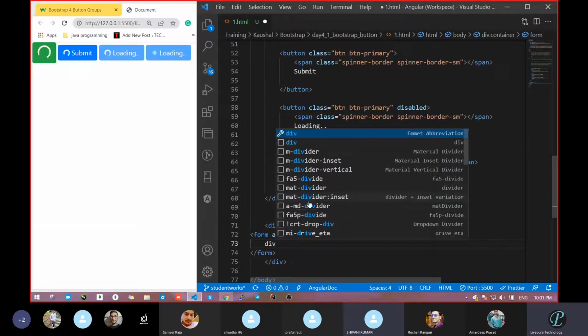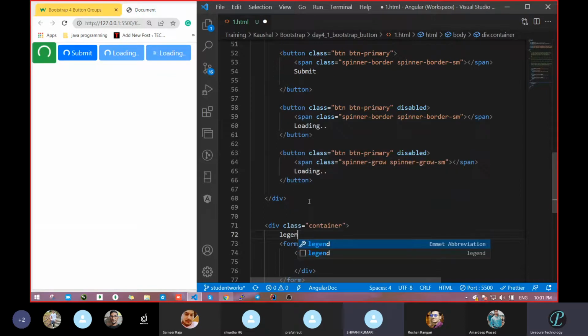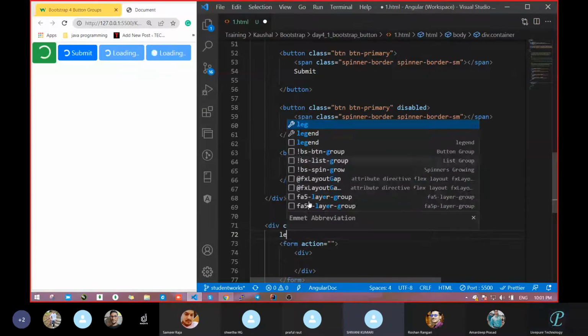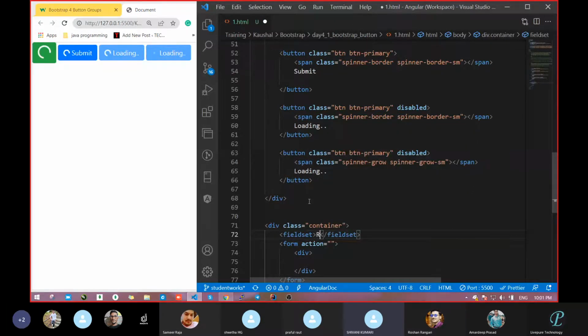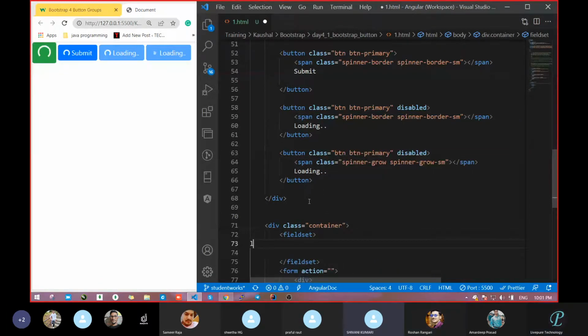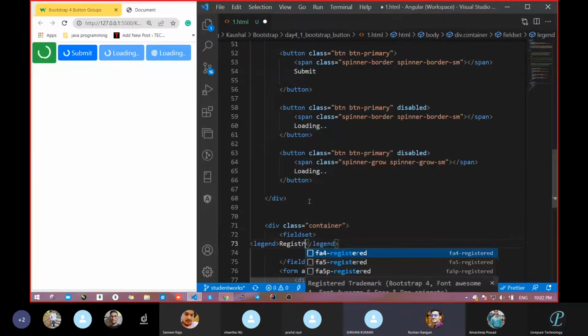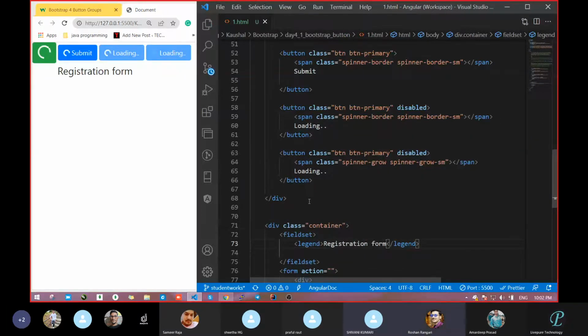Take one div. Okay. Then what was the tag for here? Legend or something was there, correct? What was that? Fieldset. Fieldset or legend? Fieldset, sir. Inside fieldset you have to use legend. Okay. Got it. Inside you use legend. Legend. Where is the value? Okay, I have not taken any input, then how will it come?